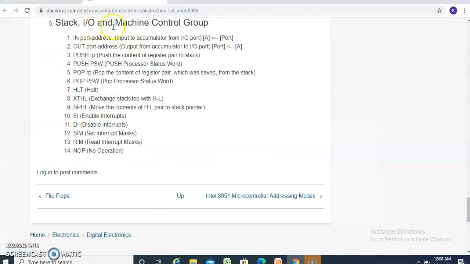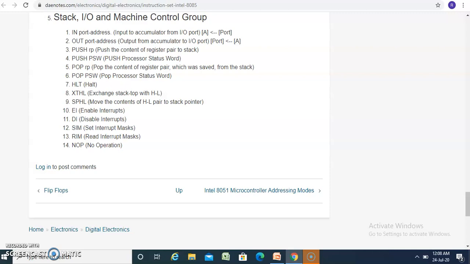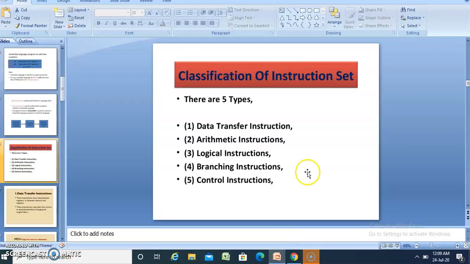This is the control instructions group: stack, I/O and machine control group of instructions. There are 14 instructions in the machine control group: input port, output port, push, pop, halt, exchange, enable interrupts, disable interrupts, no operation, SIM (set interrupt mask), RIM (read interrupt mask), and so on. We will see all the instructions in detail in my next classes.